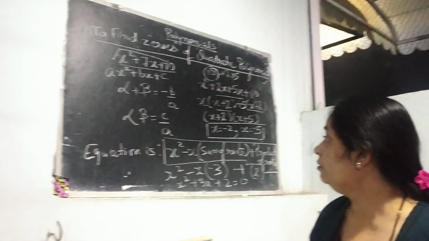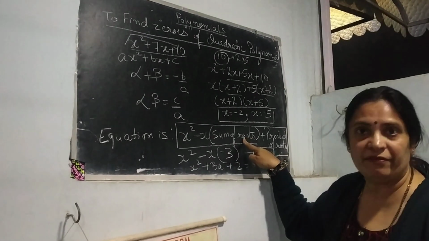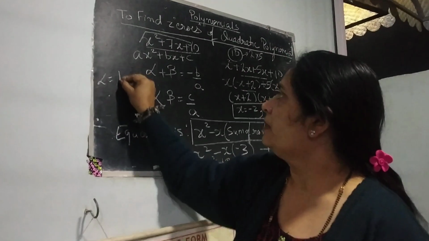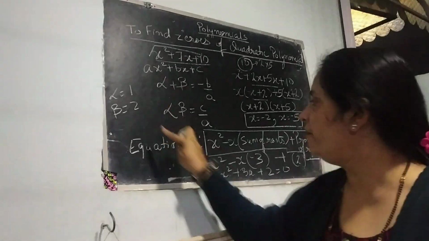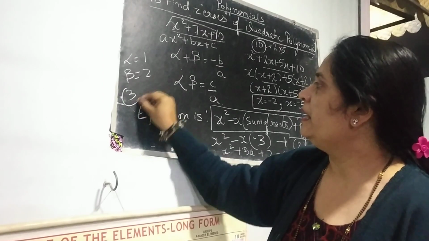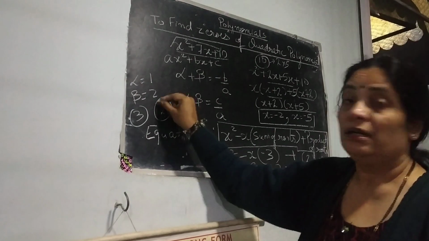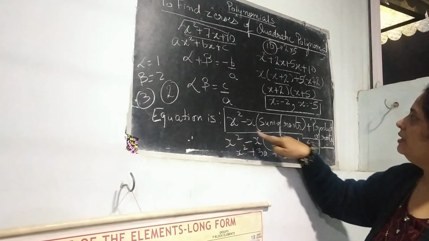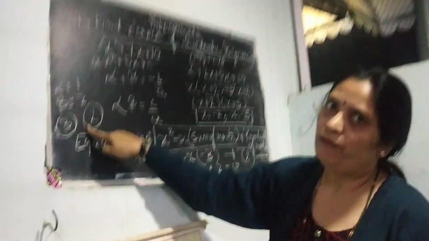Correct? Now just remember, if the sum of the roots and product of the roots are given separately, suppose you are given alpha is 1 and beta is 2, then you have to find the sum and product by putting the values. Then the sum of the roots becomes 3 and the product of the roots, that is alpha multiplied by beta, 2. Just don't confuse between these two things. If you are directly given the sum of the roots, substitute the value directly. If you are given alpha separately and beta separately, put it like this.